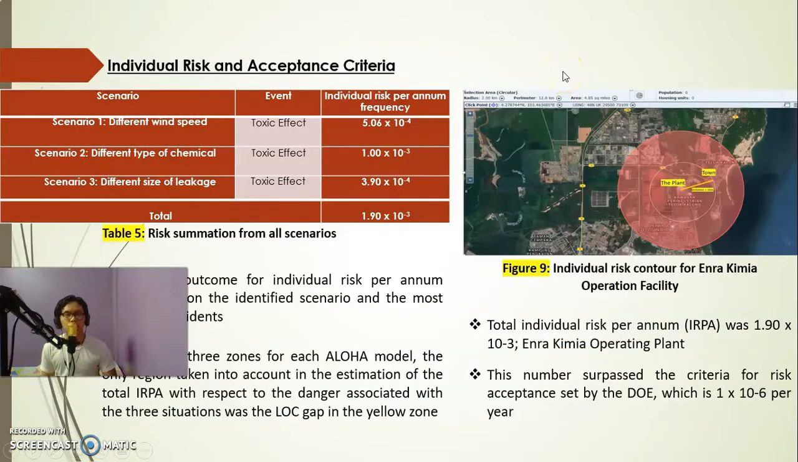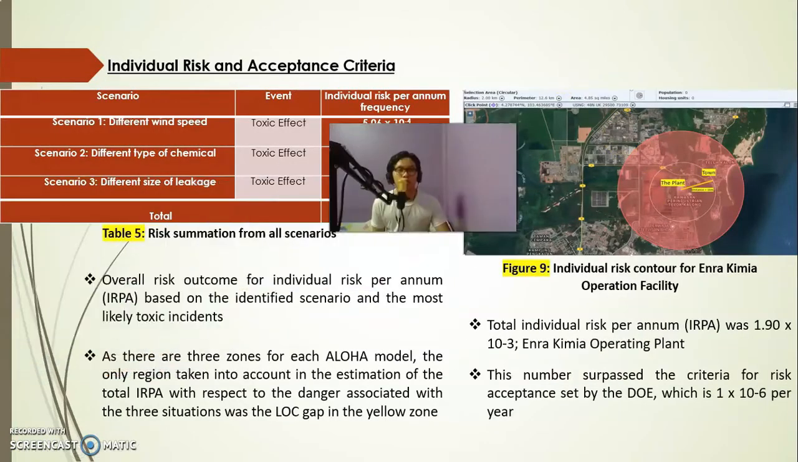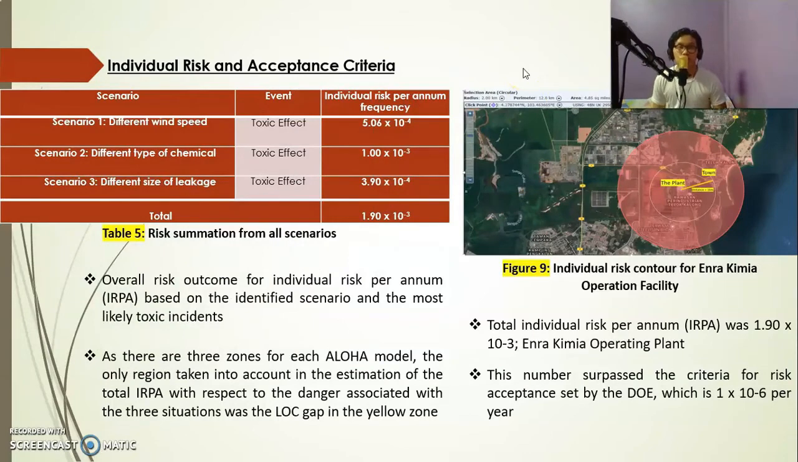Okay, so the next one is individual risk and acceptance criteria. Based on the two scenarios, all of them have the individual risk per annum frequency as stated in table 5, which is the risk summation from all scenarios. So the overall risk outcome for individual risk per annum, IRPA, is based on the identified scenarios and the most likely toxic incidents. As there are 3 zones for each ALOHA model,